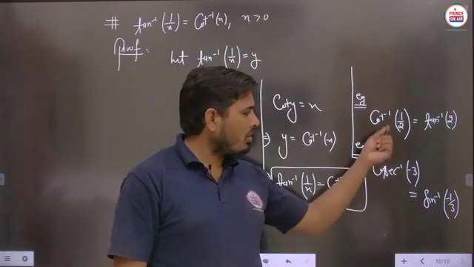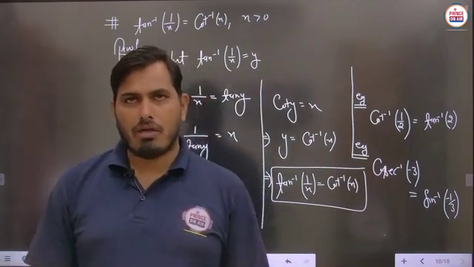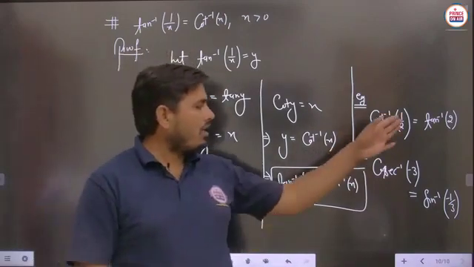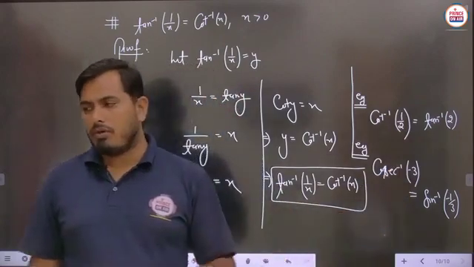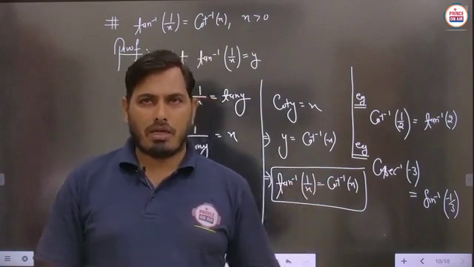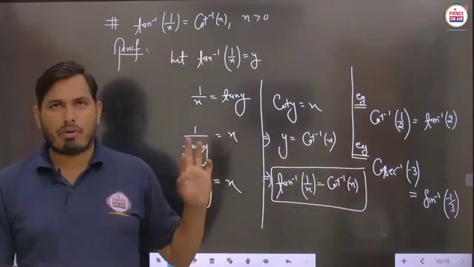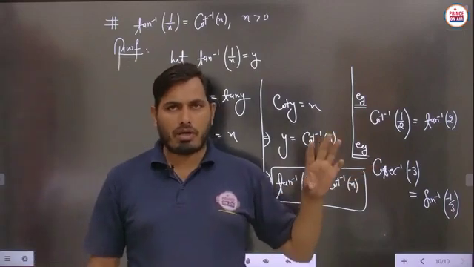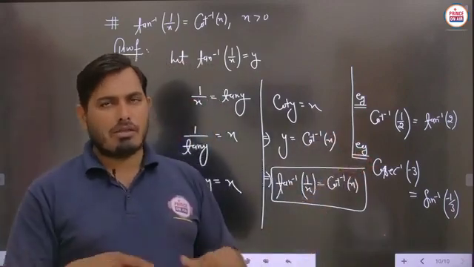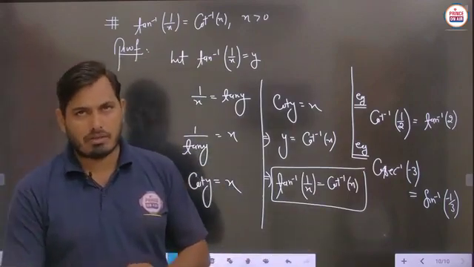Whenever any cot inverse, cosec inverse or sec inverse is there, then you can change it to the corresponding tan inverse, sine inverse or cos inverse, because the formulas related to tan inverse, sine inverse and cos inverse we will discuss in the remaining properties. So whenever we get some type of equations and such expressions, we can solve them by using these parts. Is it clear?